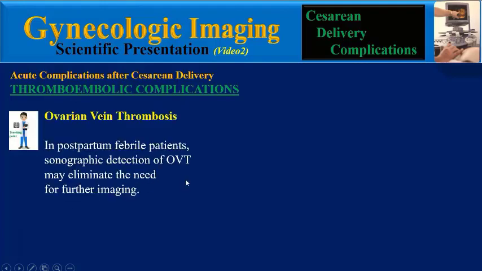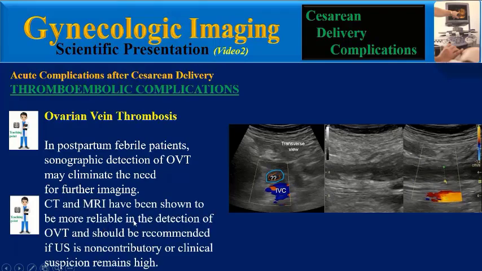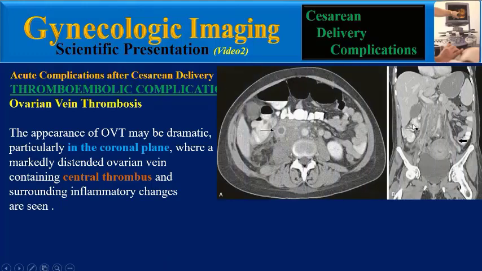In postpartum febrile patients, sonographic confirmation of ovarian vein thrombosis may eliminate the need for further imaging, but CT and MRI have been shown to be more reliable in the detection of ovarian vein thrombosis and should be recommended if ultrasound is non-contributory or clinical suspicion remains high. Ovarian vein thrombosis may be dramatic, particularly in the coronal plane, where a markedly distended ovarian vein containing central thrombus